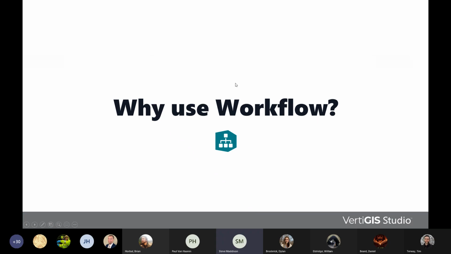Okay, so why use workflow? In this discussion today, I'm going to jump around a little bit, but I really wanted to focus on some of the benefits of using workflow inside your web mapping applications. And when I started to think about how to answer this question, we should probably step back